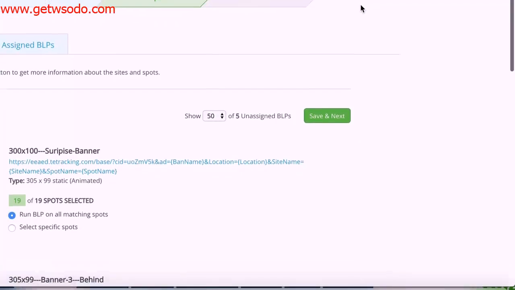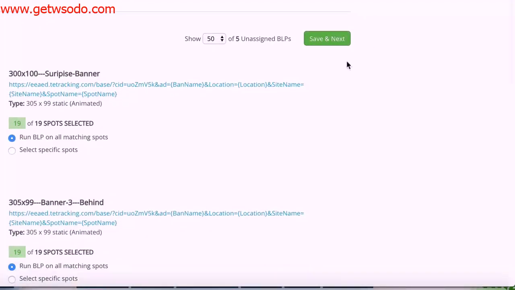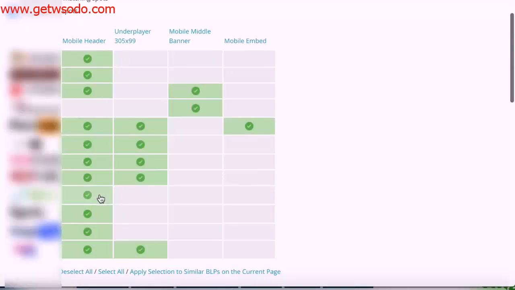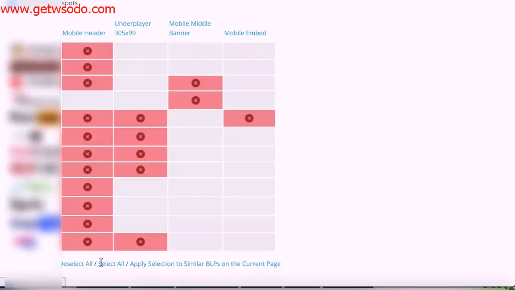Okay, so I've uploaded my banners, and all you now need to do is make sure that you select a specific spot for your banners to run on. Don't leave it on 19 of 19 spots selected. Click select specific spots, and then press deselect all, and then you can pick a specific spot for your campaign to run on. In this instance, I'm going to run on the mobile header. I'm going to press the one spot right here, and I'm going to press apply